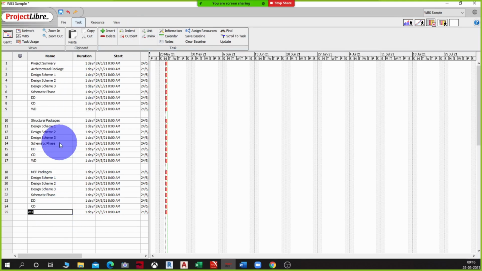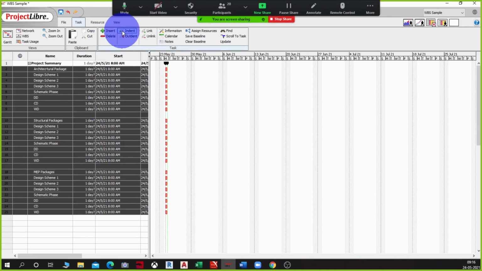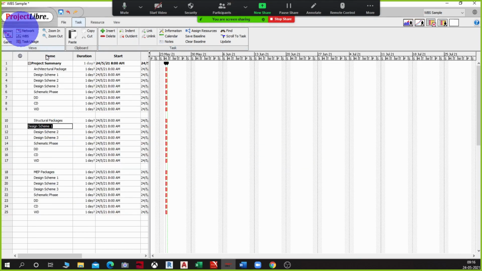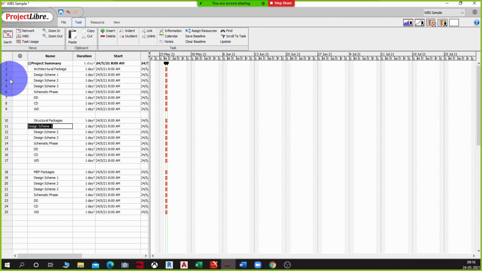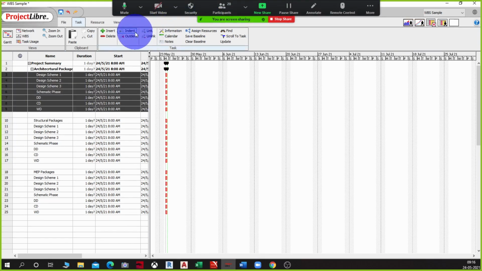So I'm going to select all of this and indent it in. Then I'm going to select all of these activities and indent them in.